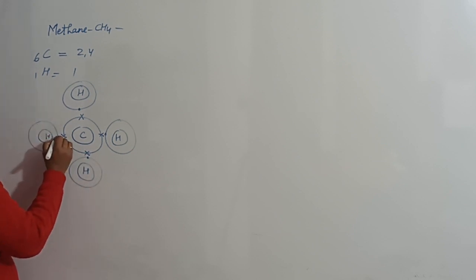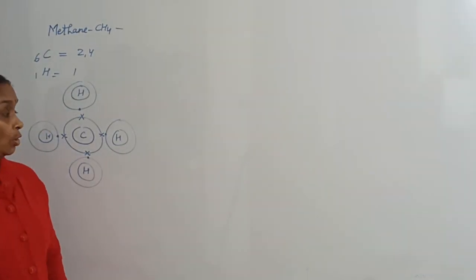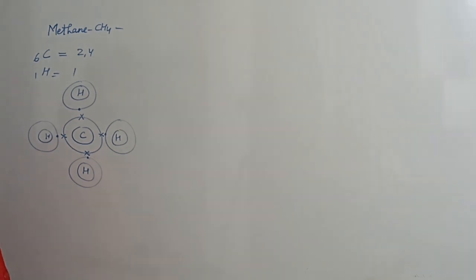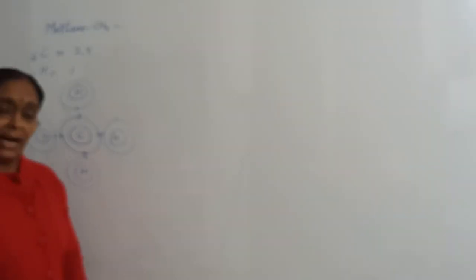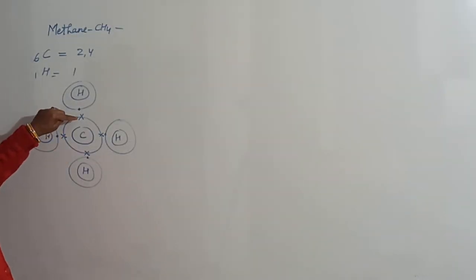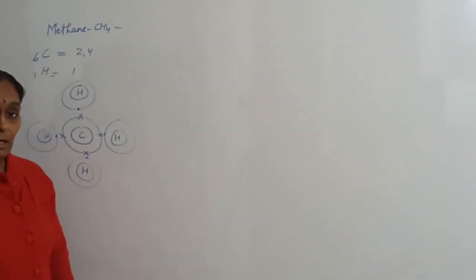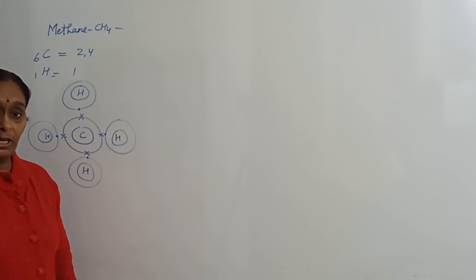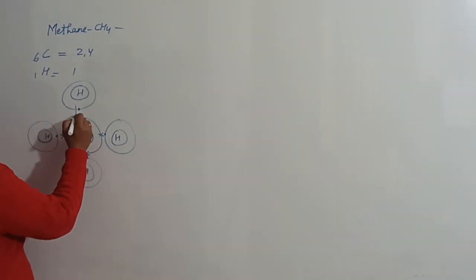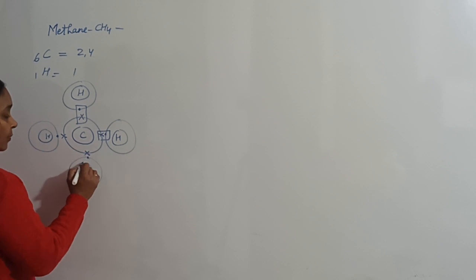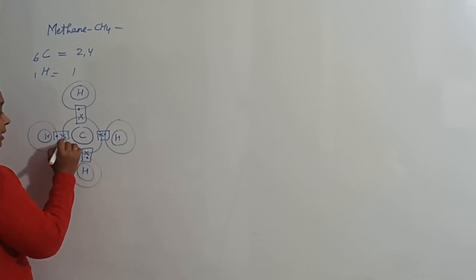Carbon has 4 electrons in the outermost shell. It needs 4 more to complete its octet. So what will it do? It will share 4 electrons with 4 different hydrogens. So it will get 4 more and its octet will be completed. All the hydrogens need only one electron to complete their duplet, so as to get the nearest noble gas configuration. So these hydrogens will share electrons with carbon, and like this bonds will be formed between carbon and hydrogen.